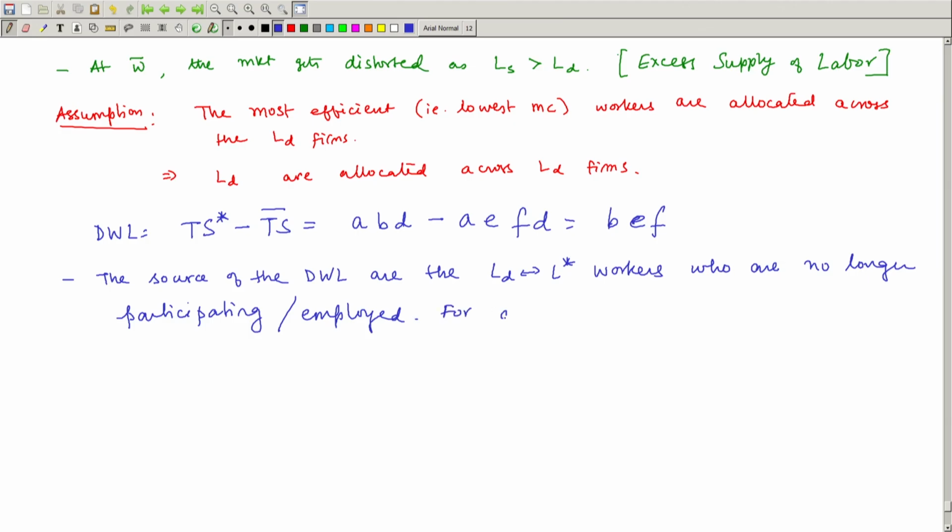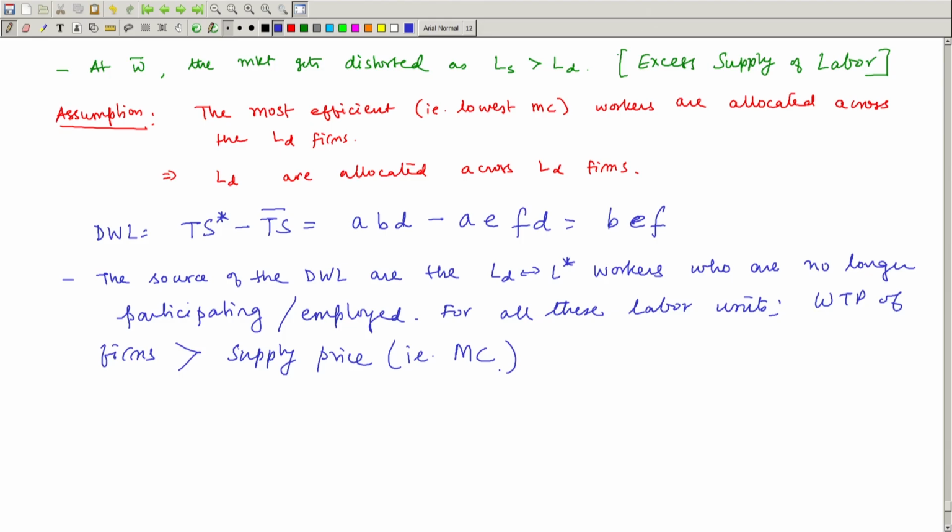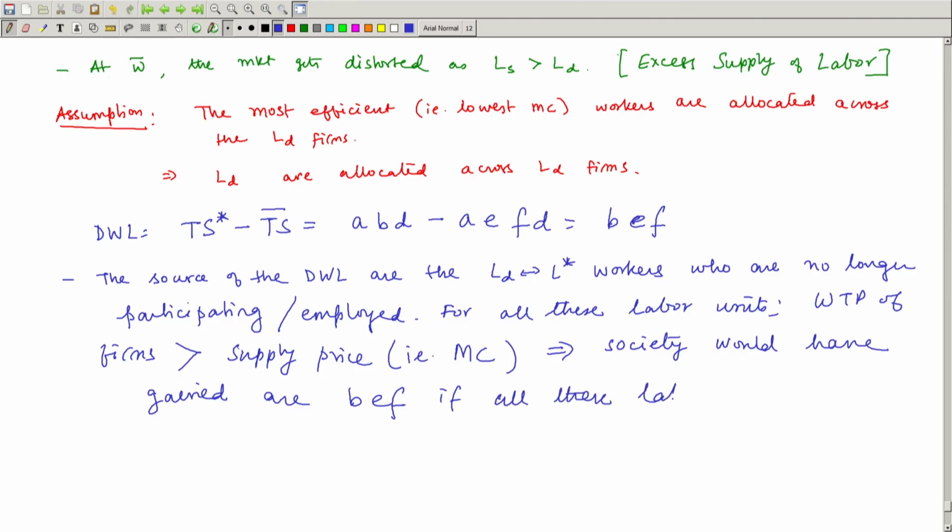For all of these labor hours, for all these labor units, the willingness to pay of firms was greater than the supply price. Think of this as the marginal cost of participating in this market, which means that society would have gained the area BEF if all these labor units were allotted among the firms,